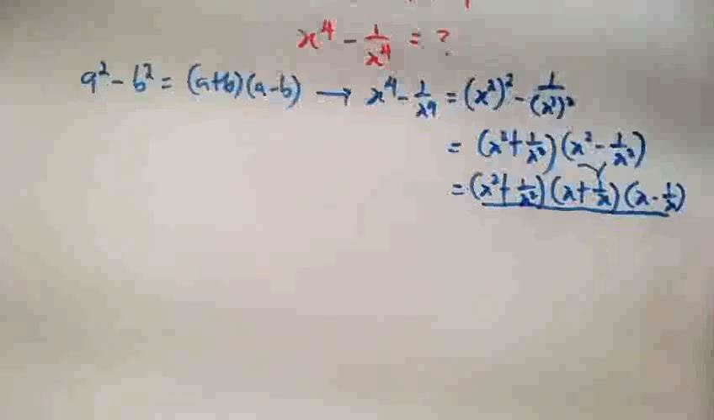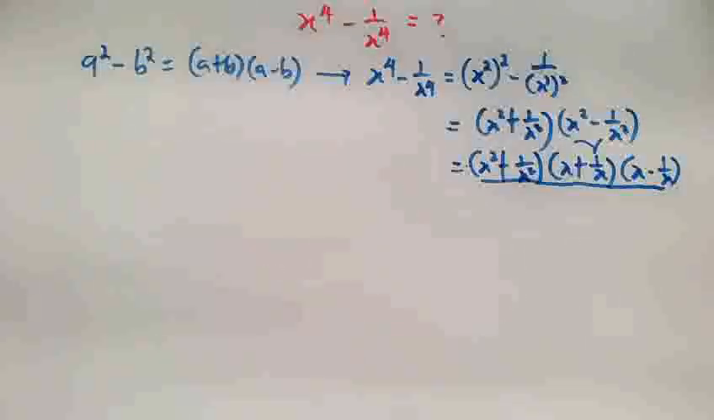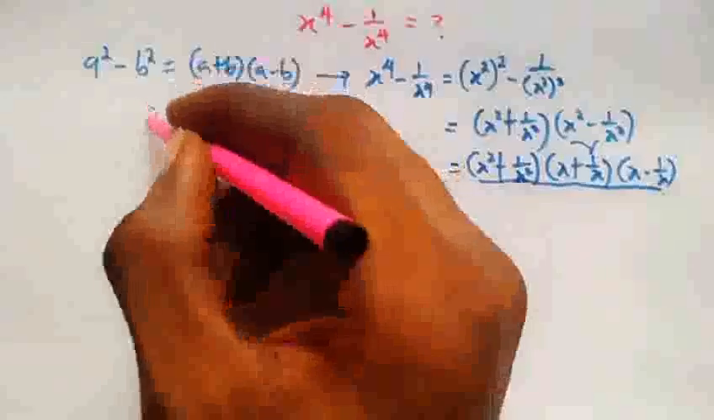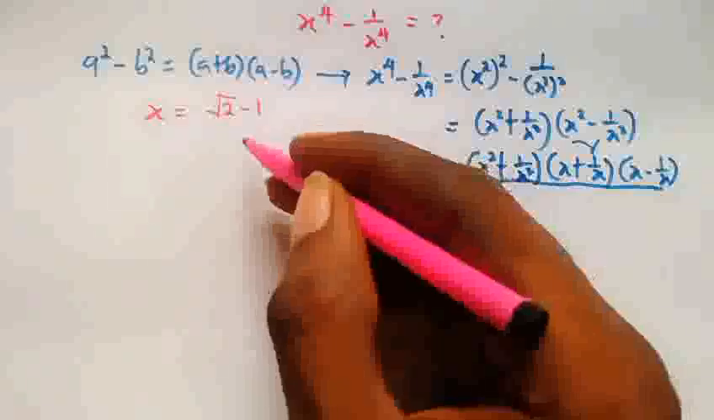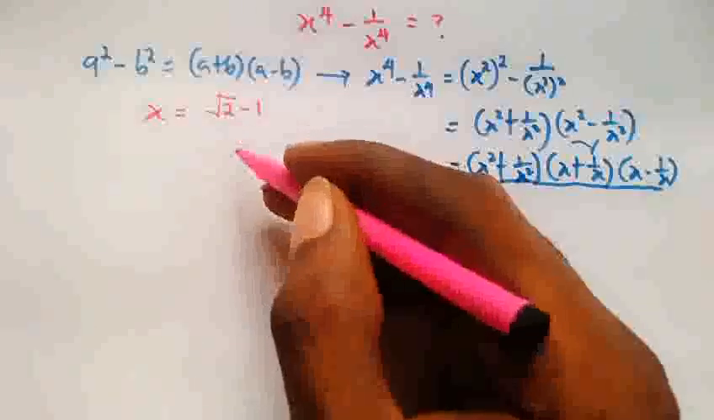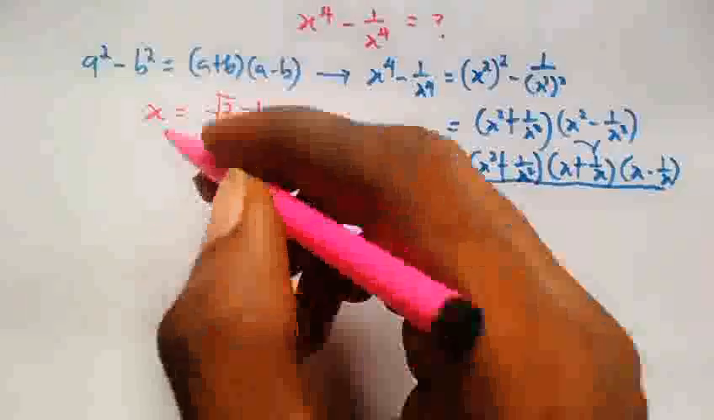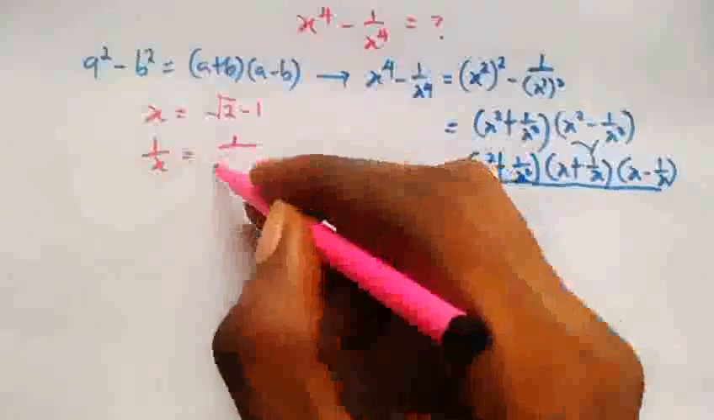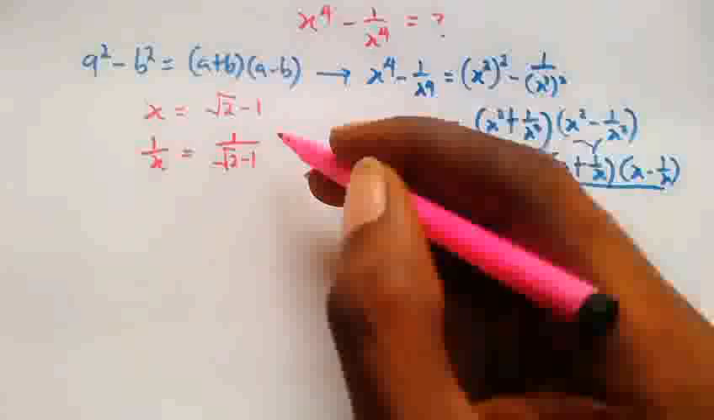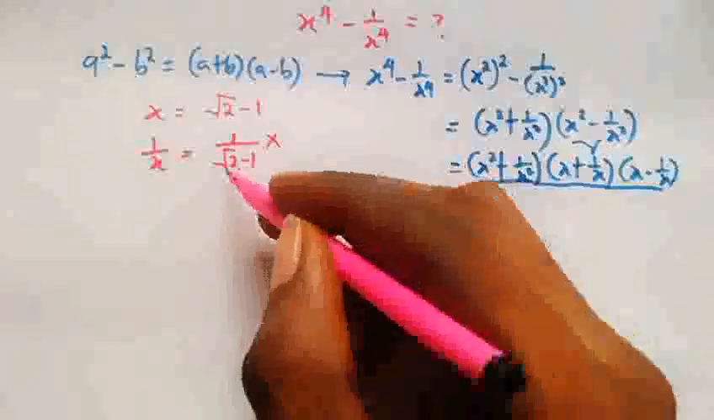Now let's go back to the problem. We're going to perform some algebraic manipulations here. We have already that x is equal to root 2 minus 1. Now we're going to rationalize this when we find the reciprocal of x. So the reciprocal of x here is 1 all over x, and this is equal to 1 all over root 2 minus 1. Then rationalizing it, multiplying numerator and denominator by the conjugate form,